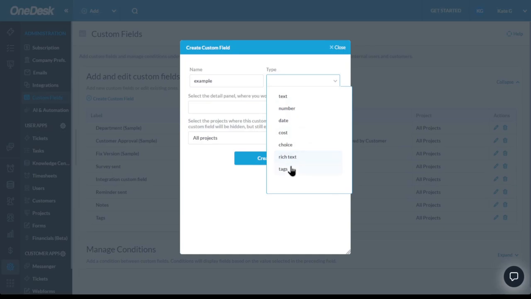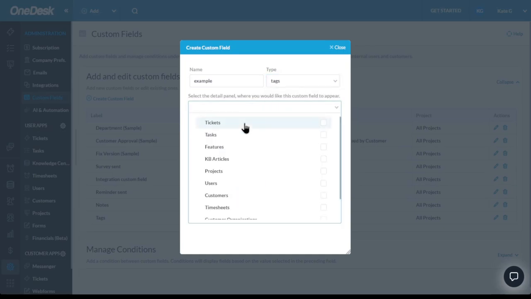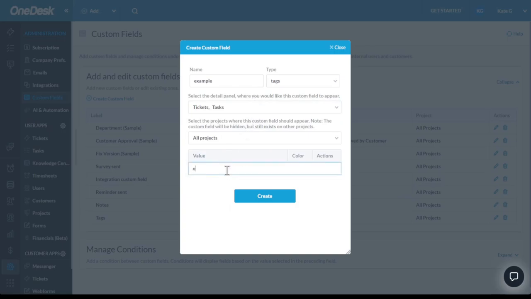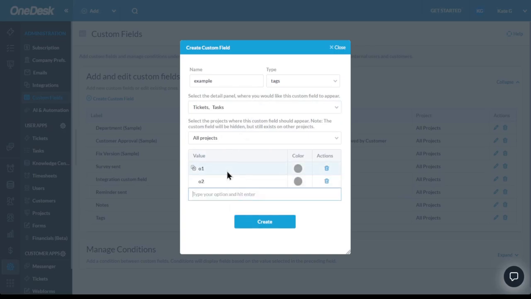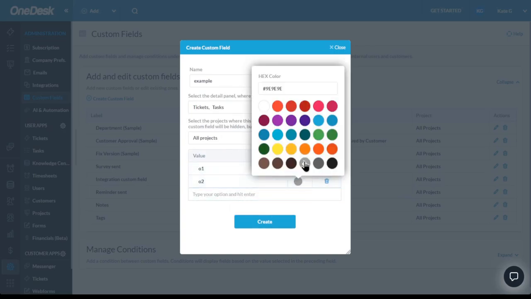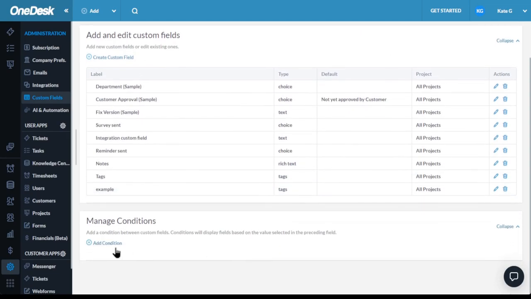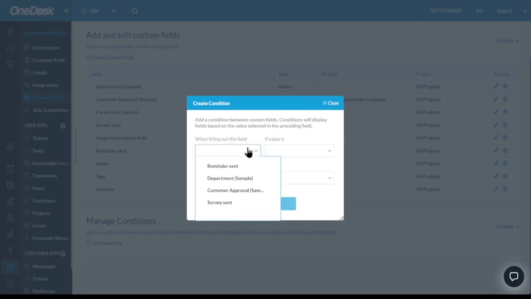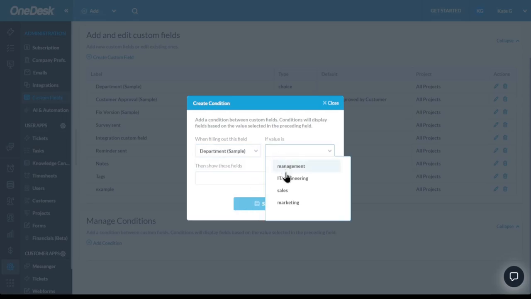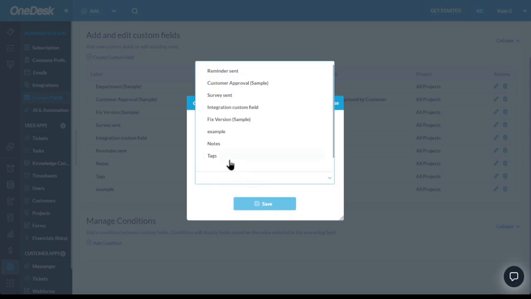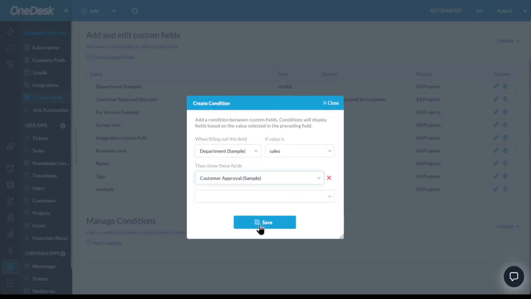Simply select create a custom field and give it a name and data type, then add it to the area you want. Here you can also create conditions for your custom fields. This will allow you to display another field if a customer selects a certain option. For example, when my customers fill in my department field here, if they select sales, I want them to see my customer approval field.